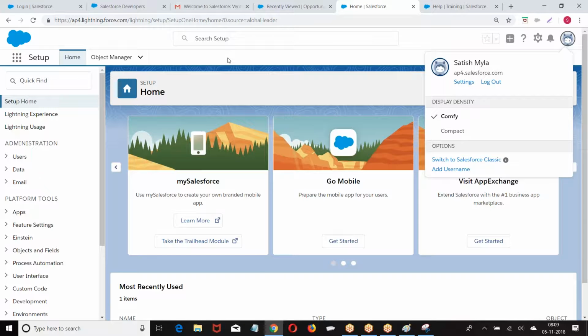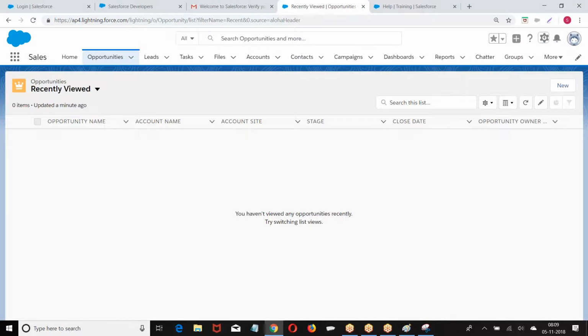Conceptually, both of them are the same. A few concepts will differ, maybe 10 to 15%, but the major part is the same in terms of administration. Development is completely different, but in administration, 80 to 85% of the functionalities are almost the same. Now, come back to the next story. You're done with this.